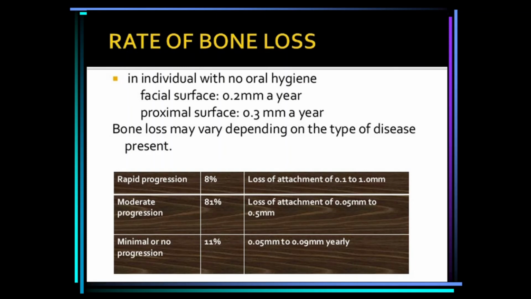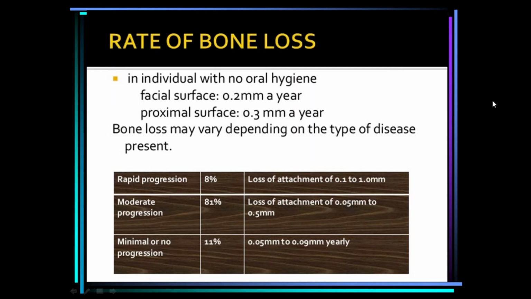Now coming on to the rate of bone loss. In a study of Sri Lankan tea labourers with no oral hygiene and no dental care, Löe and coworkers found that the rate of bone loss averaged about 0.2 millimeter in a year, and 0.3 millimeter on the proximal surface in a year. And he concluded